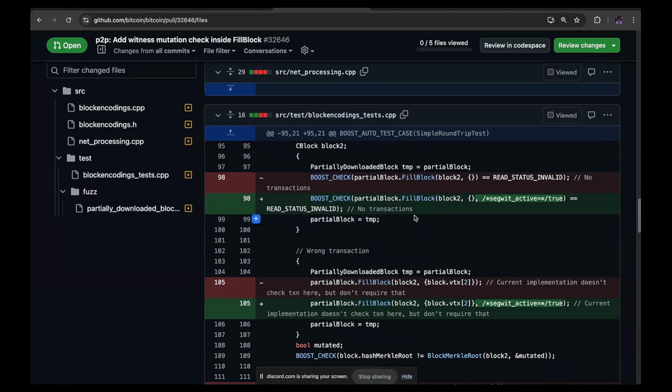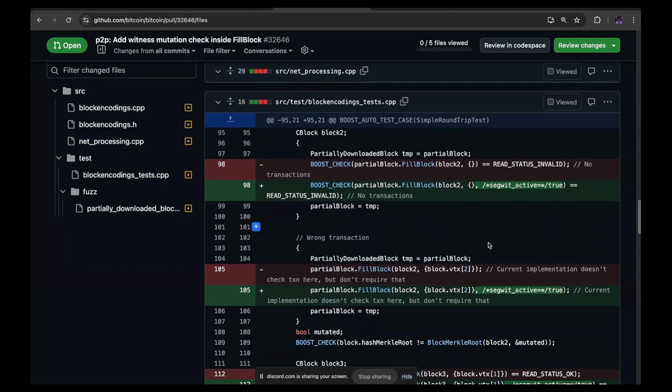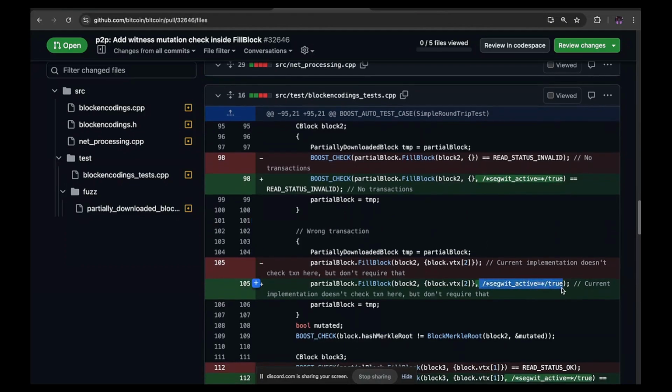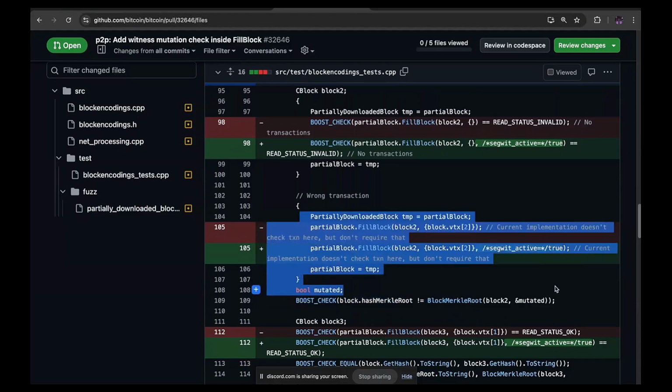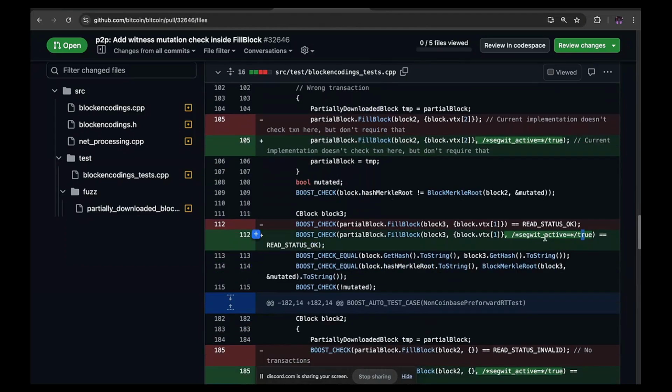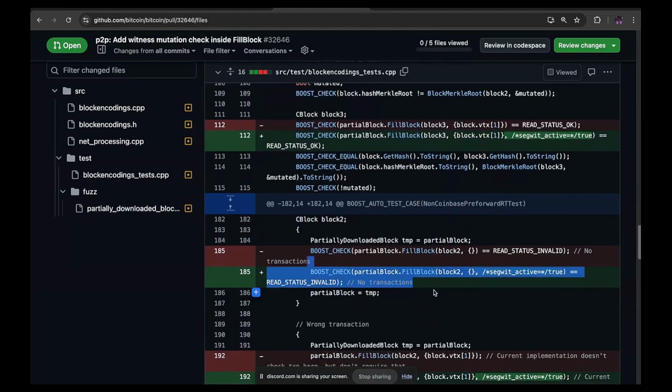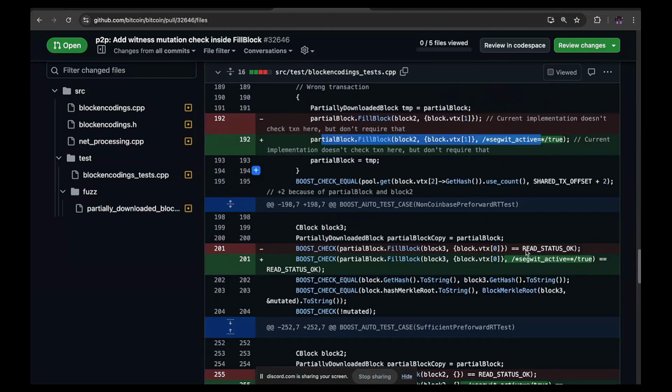Now we are going into the test changes of the block encoding test. Since we have changed the signature of the function FillBlock, we have to change these two, and we are checking the segment active implementation of it. So when the segment active is true, or when the block is not a legacy block, we want to check if the checks are working as they should. So these are trivial changes. A trivial change here again, here too,